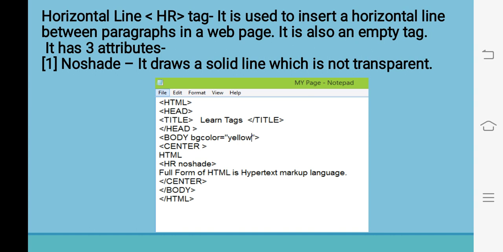And then we have written a line, we have used a center tag, we have closed the center tag. Now we will close body tag and finally we will close HTML tag.